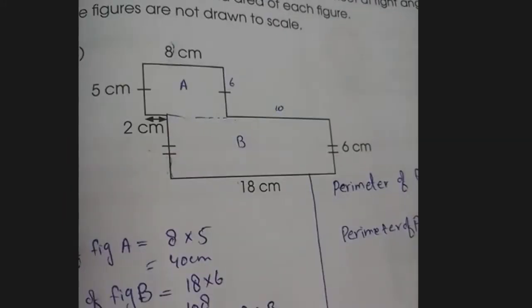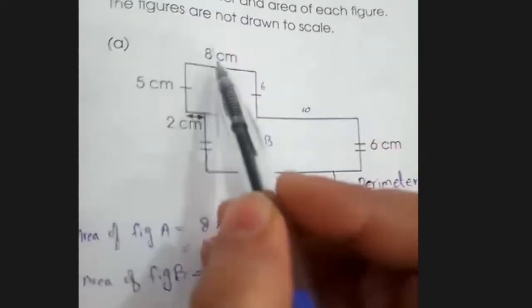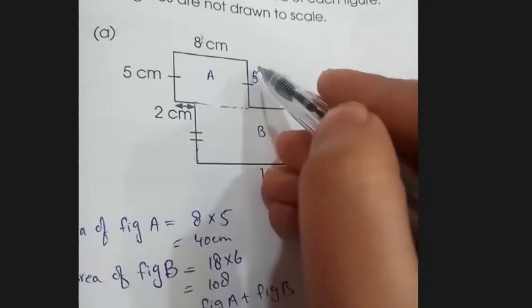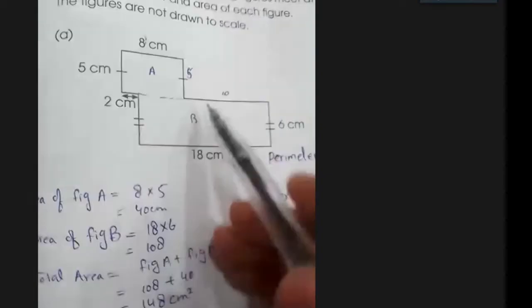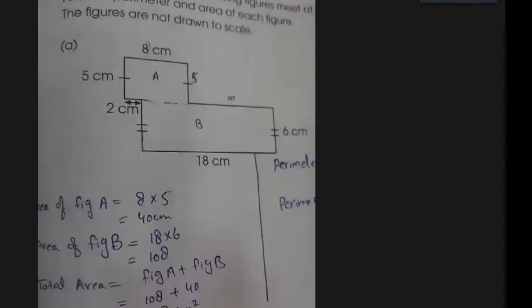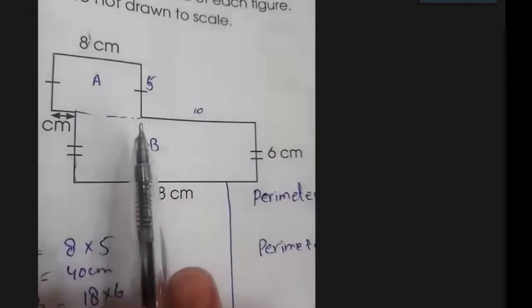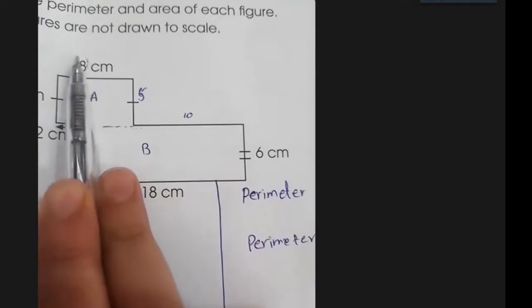Look here, grade 4. This is 5 centimeter, 8 centimeter. What will be the value of this one? Because these two lines are equal, that should be the 5 centimeter. ये भी 5 centimeter होगा ना बेटे? Okay. Can you see this figure? अगर ये पूरा 18 है, look at your screens. If the whole value is 18, तो इसको कितना होना चाहिए? If it is 8 centimeter.